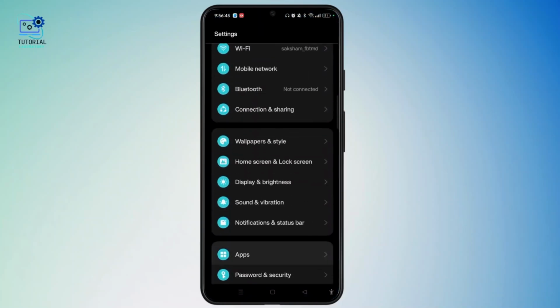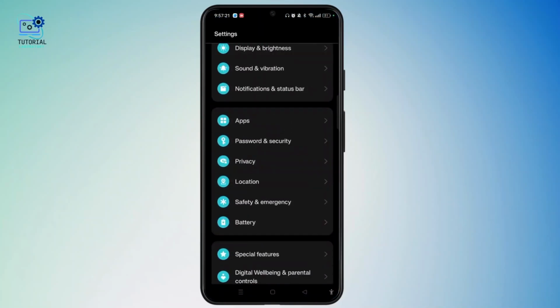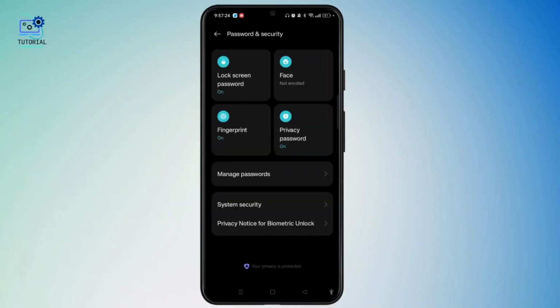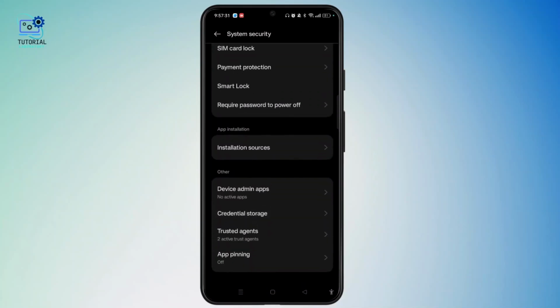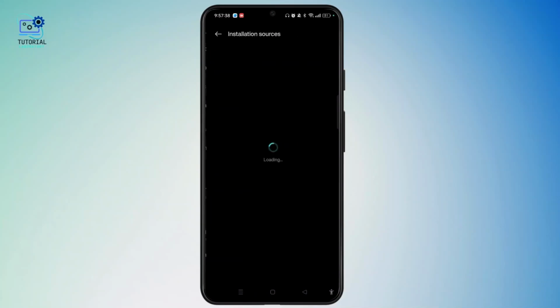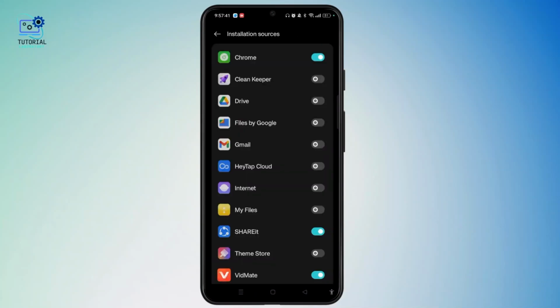Now you need to scroll down and tap on password and security option. Here you need to select system security option. After that, scroll down and here is the option of app installation. Under that, you can find installation sources. Tap on it and here you need to toggle on the installation sources from where you wanna install the unknown